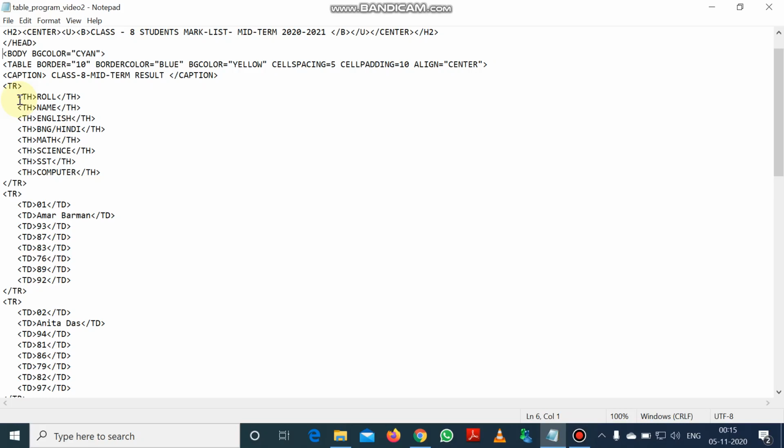Heading is used, and heading can be given within the table by the th tag. The full form of th tag is table heading. So the th tag is given, the first heading Roll is given, then the ending th tag is given. Then again the th tag is given, the second heading Name is given, and the ending th tag is given. Then the third th tag is given, the third heading English is given, and it is ending with the end